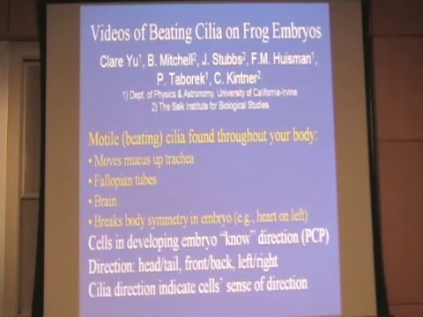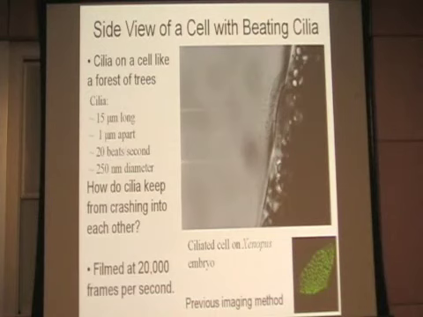And so we decided to take a look at some beating cilia on the skin of frog embryos. And basically, this is like a giant forest. You've got a cell which has 100, 200 beating cilia. They're 15 microns high. They're about 1 micron apart. It's like a forest with trees, and the trees are all moving, and how come they don't crash into each other? And I wanted to know the answer to that, so I have some colleagues at Irvine, Peter Taborik and Fawn